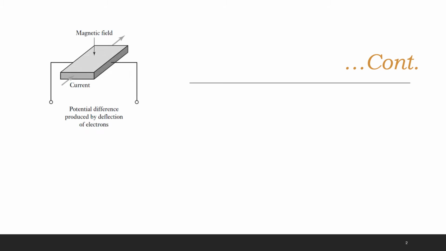So the figure shows the scenario which we discussed in the previous slide. It shows a current carrying plate with a magnetic field applied perpendicular to the surface of the current carrying plate. Now, as shown in the previous animation, due to this magnetic field, there will be a charge separation between the two sides. So, an electric field will be generated. Because of the charge separation, there will be a potential difference across the two sides of this current carrying plate, and this potential difference can be tapped using wire as shown.